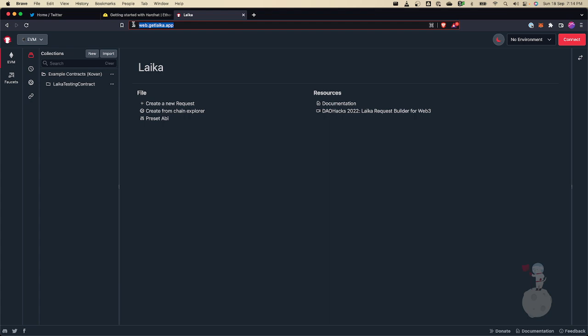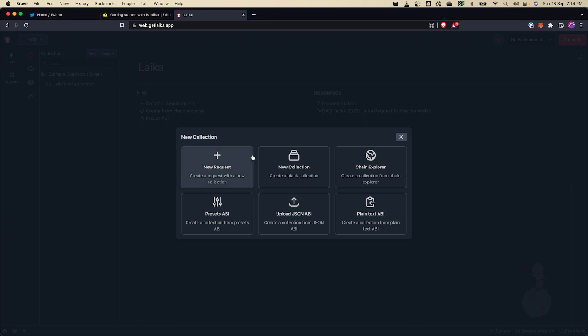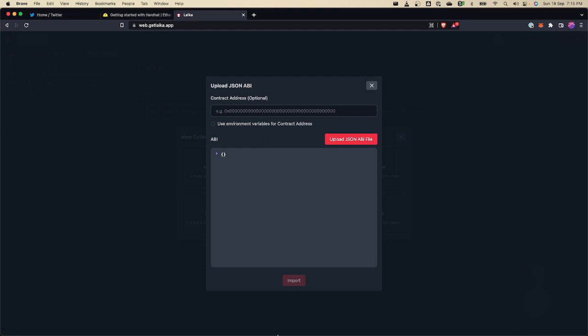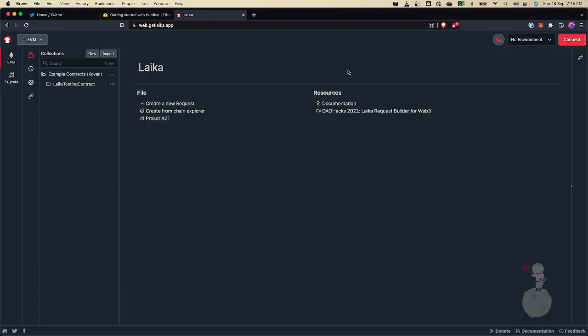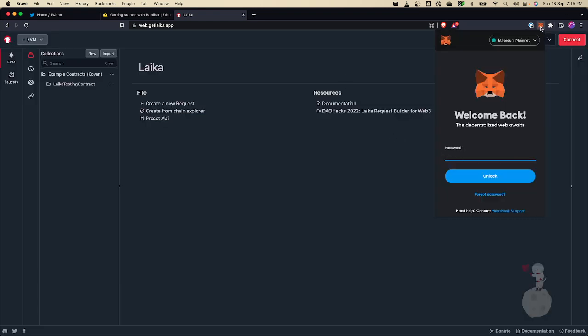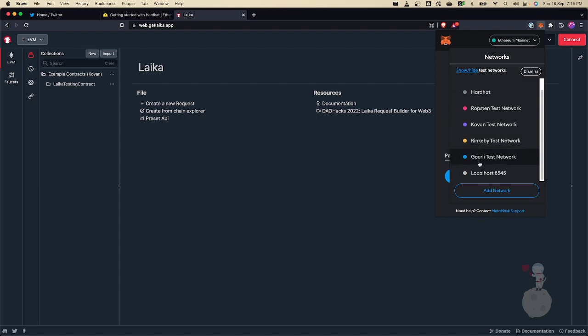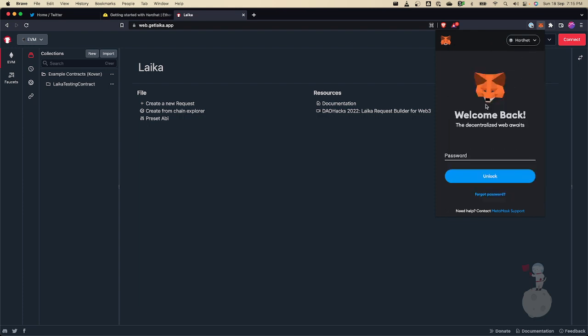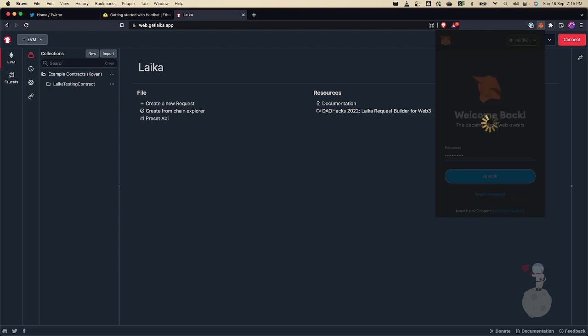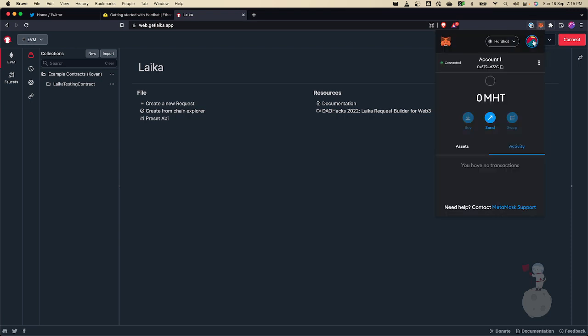So we can go here at web.getlaika.app, and here we can create a new collection, and we can do this upload JSON ABI. And here we would need to specify two things. First, before we do that, make sure that you have MetaMask installed and you are on the network of Hardhat. If you don't have this Hardhat network inside your MetaMask wallet, what I would recommend is go here,